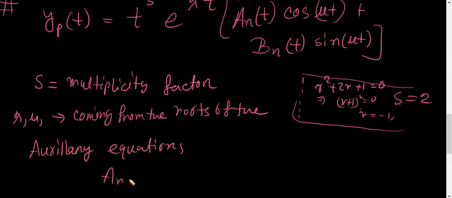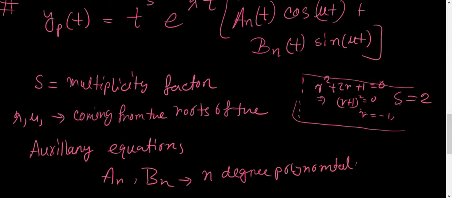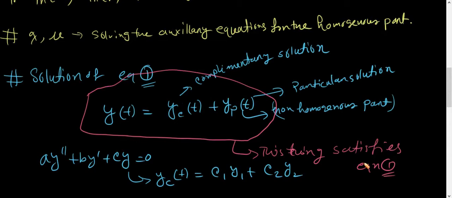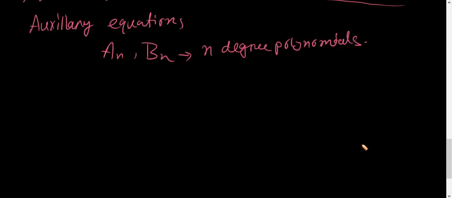And a_n and b_n are just n-degree polynomials. So we have everything on board, and let's try to use these things to solve a problem, because if you don't see examples, then these things are pretty confusing. So the first example that we're going to see, let's call this example 1,